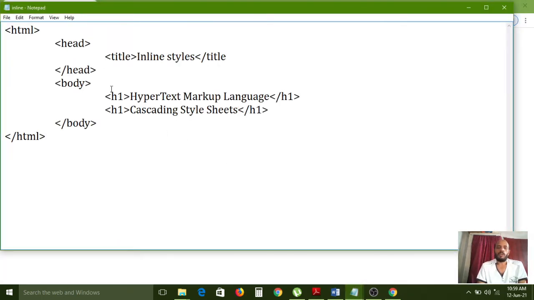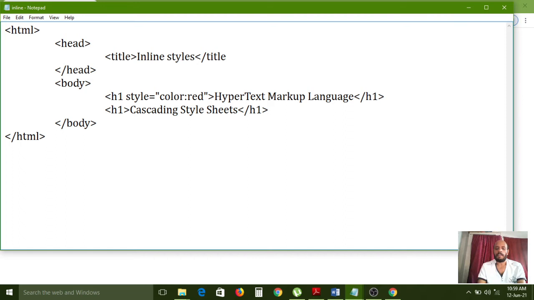So now I want to apply some styles for a particular h1 element. For that, for inline styles, I am using the style attribute, equal to, here in between double quotes, color colon red.